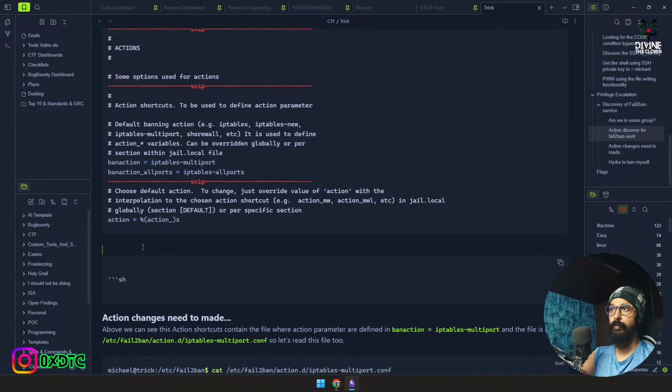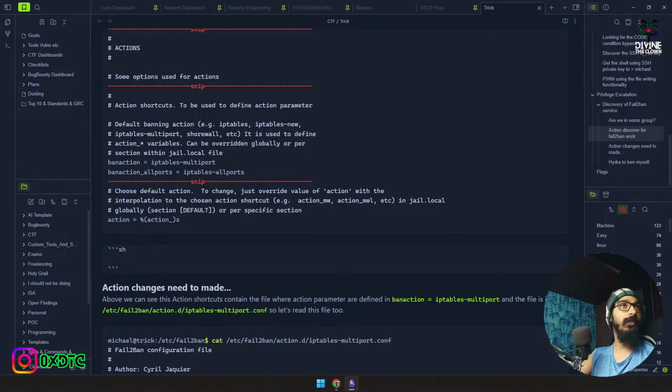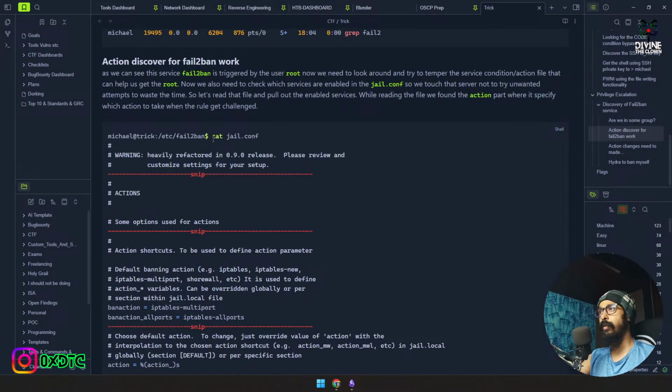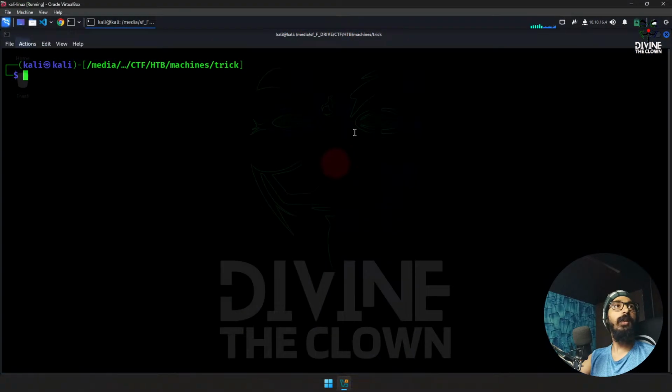It must be related to the SSH. So we will cat. We are already out of the session, so we cannot cat it now. But